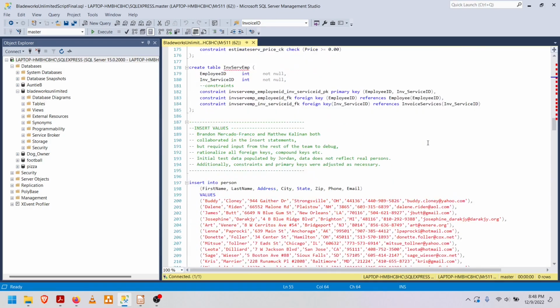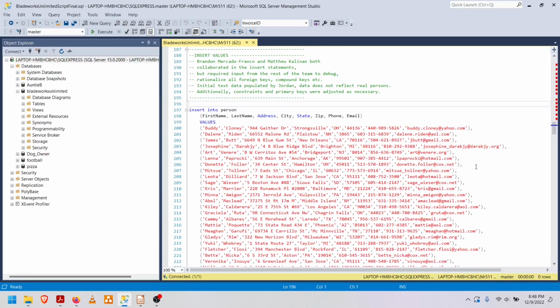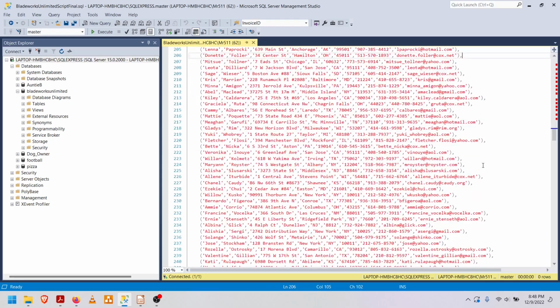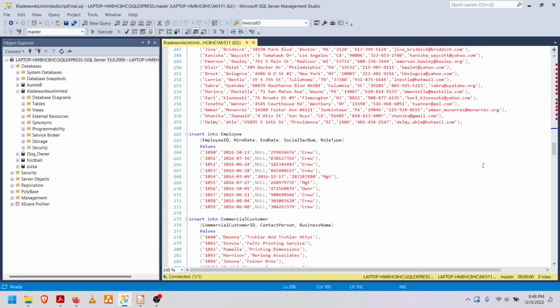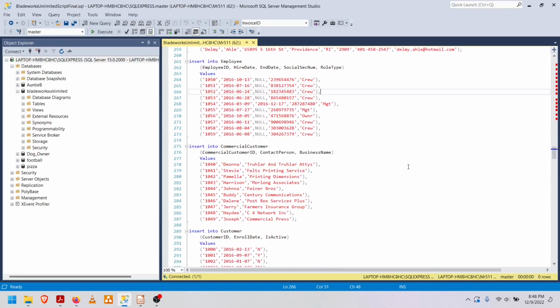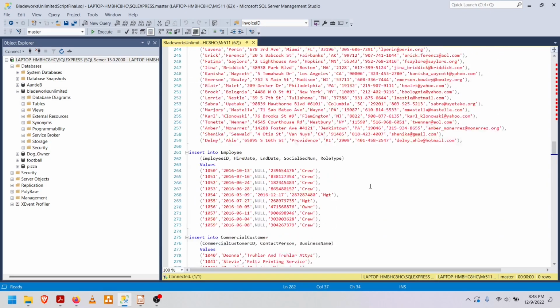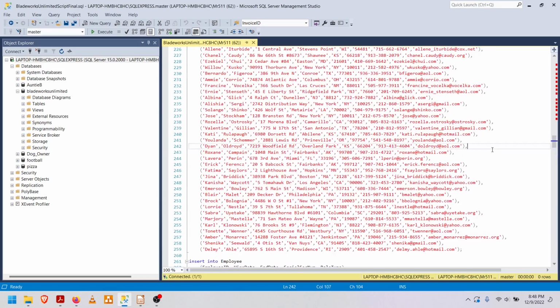Once we created all the tables, our next step was to populate data into those tables using the insert values. So this is an example of the data that we used for person. Here's some that we used for employee, and here's what we did for commercial customer. And a side note, the data here that we used was all